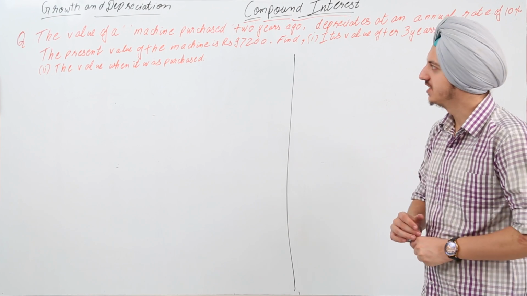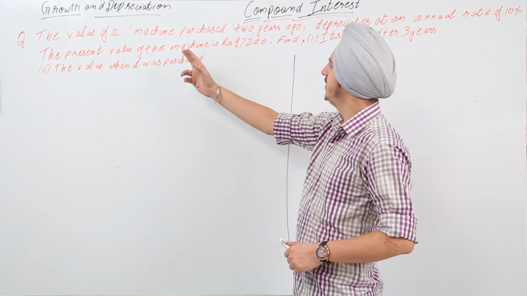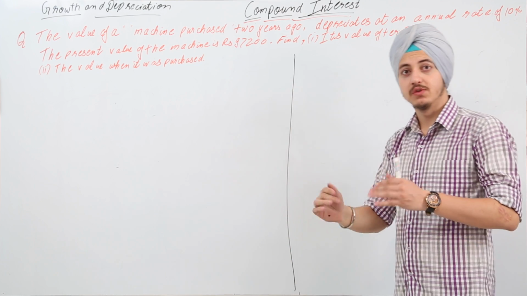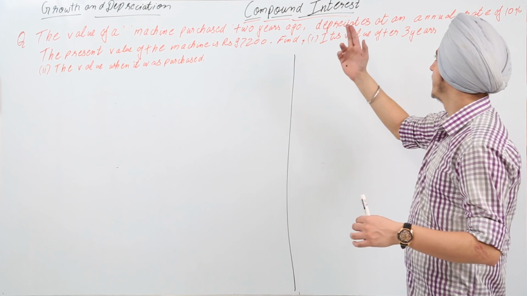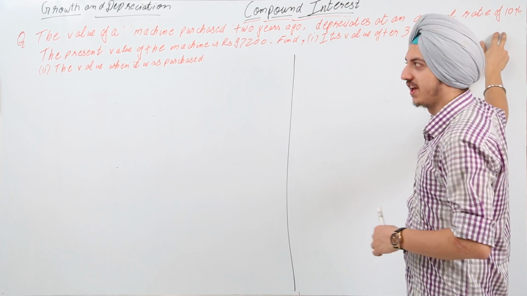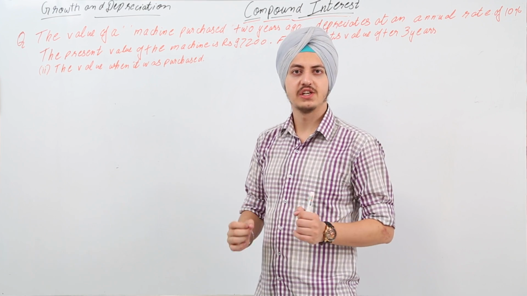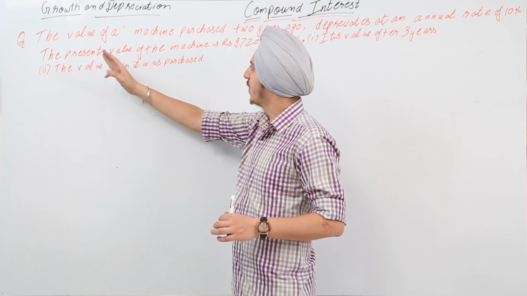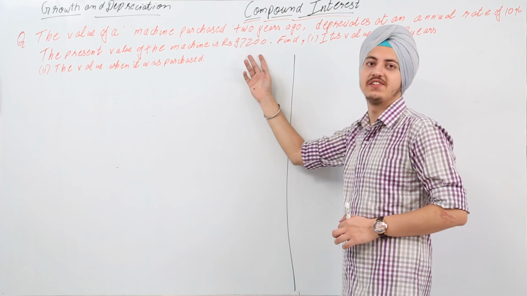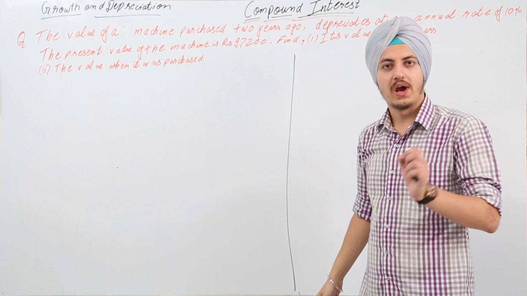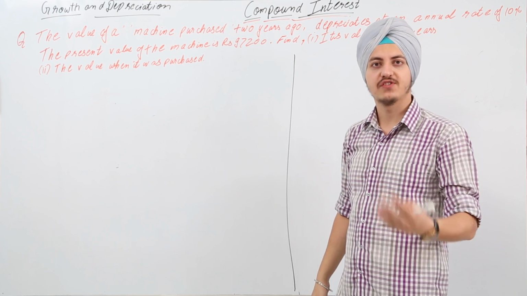Now we have a question that says the machine was purchased 2 years ago and depreciates at an annual rate of 10%. The depreciation rate is constant and equal to 10%. The present value of the machine is 97,200 rupees. So the value of the machine 2 years after the purchase is